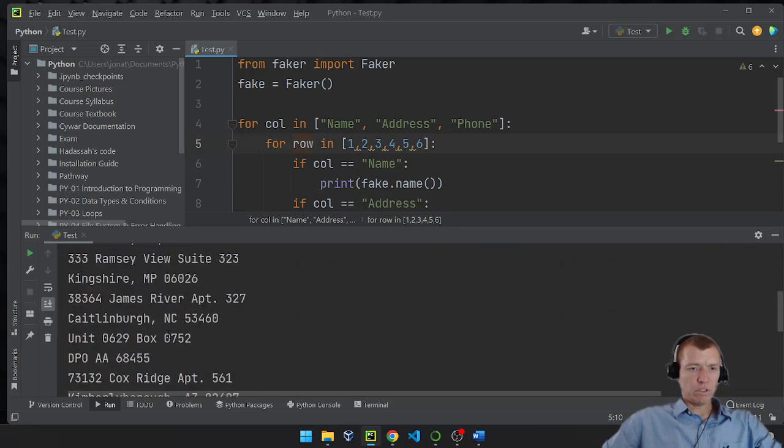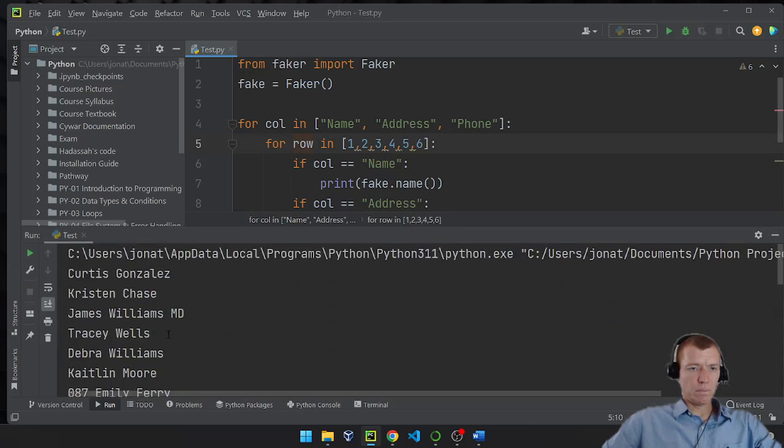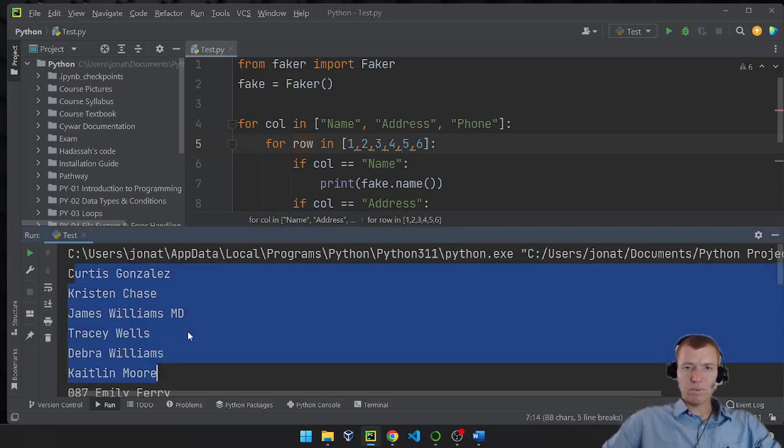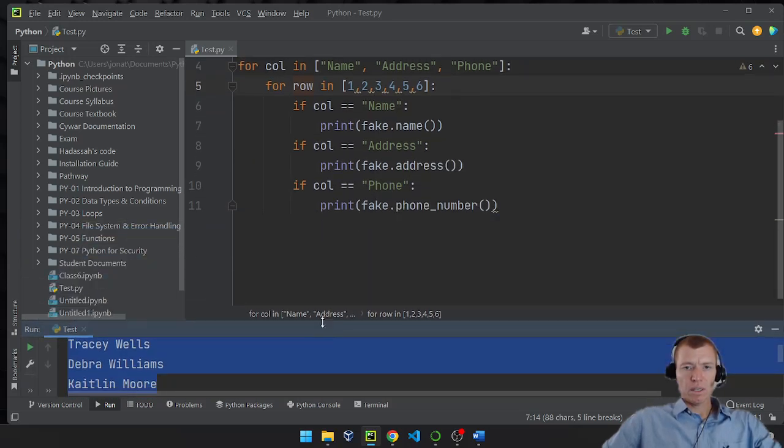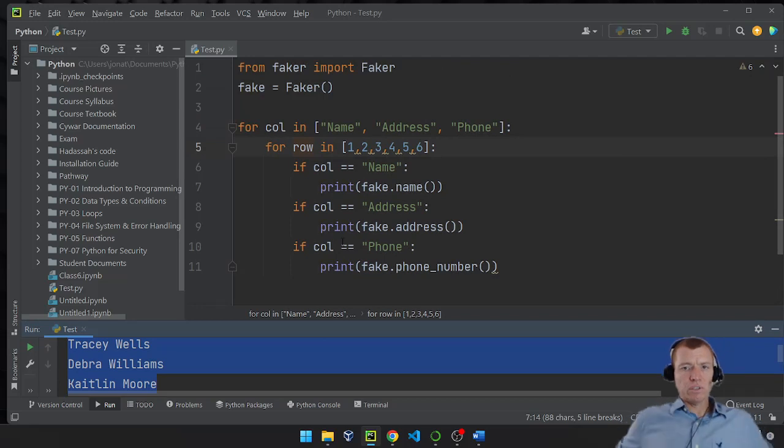There we go. So it starts with, actually let's do it, it gives me the 6 names. Then it goes and gives me the 6 addresses, then the 6 phone numbers. Let's structure it so it's going to give us